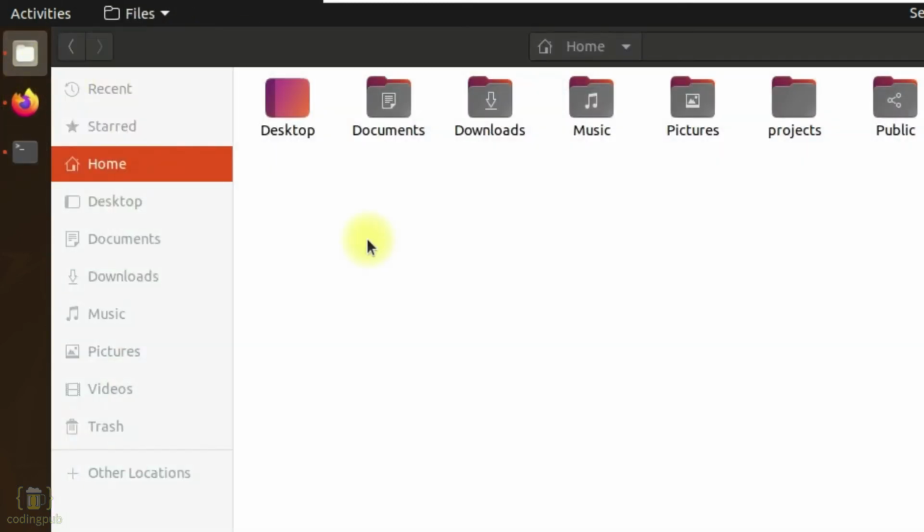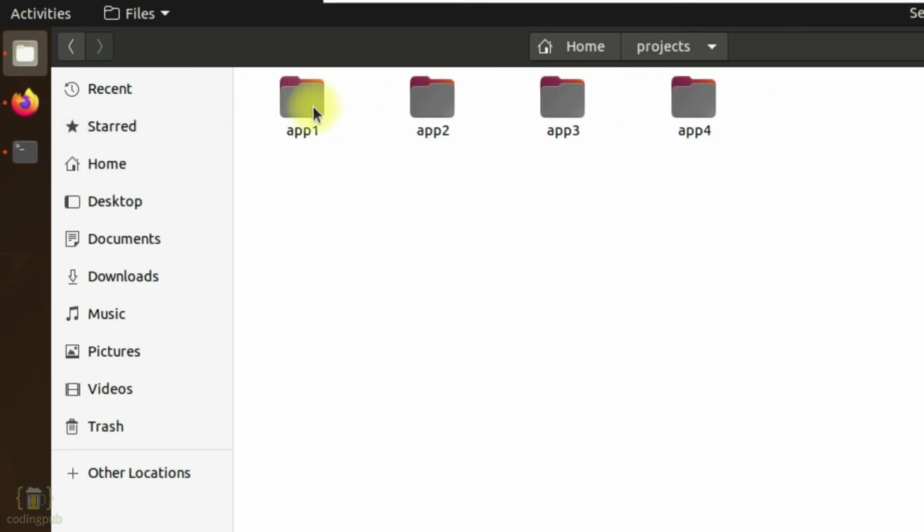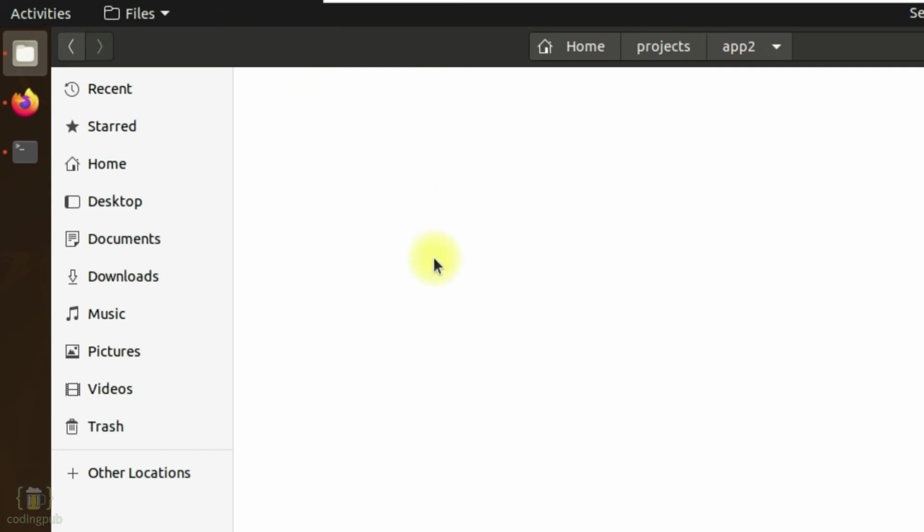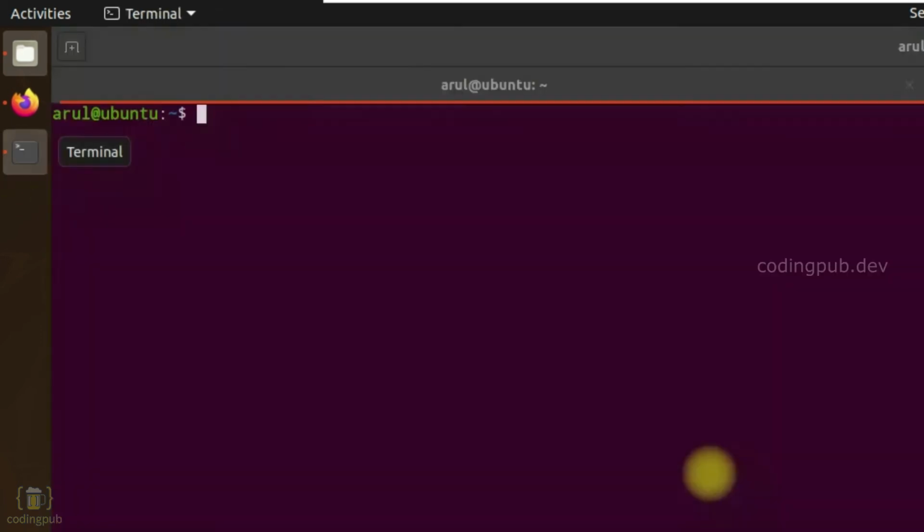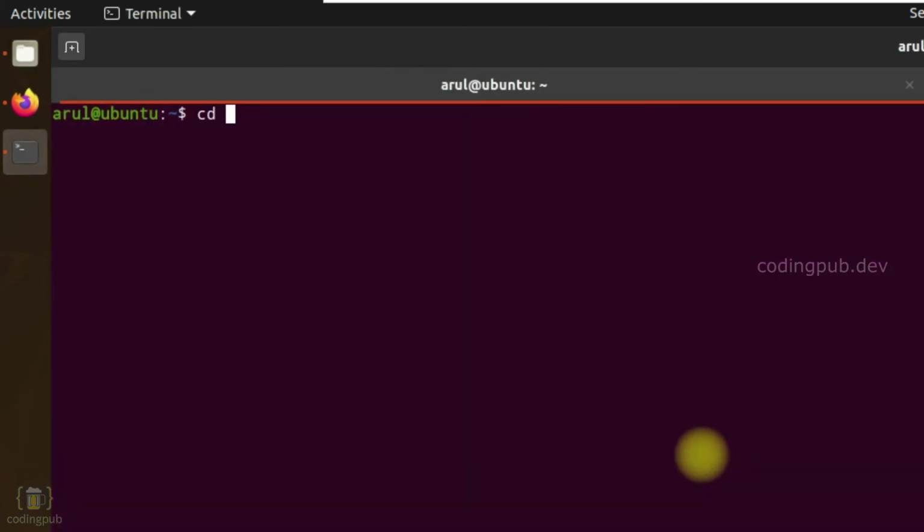We already used the project app1 to see a demo of virtualenv. Now let's use the project app2. As you can see, this is a single Python script project. I am opening the project directory in terminal, so projects app2.